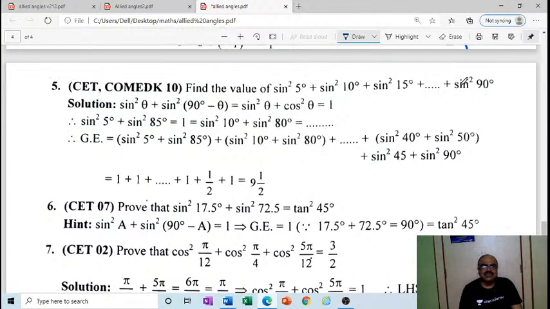See here, sine square theta plus sine square 90 minus theta, and you know very well sine square 90 minus theta is cos square theta, and the first trigonometric identity sine square theta plus cos square theta will be 1. If you apply that, automatically you get the answer. So how is it done? Sine square 5 plus sine square 85